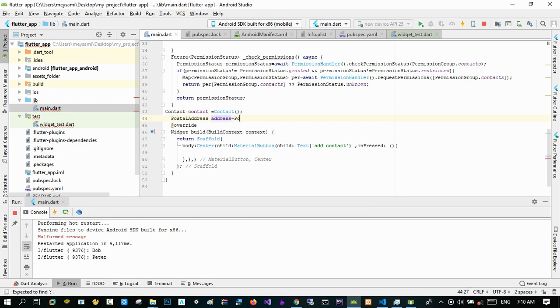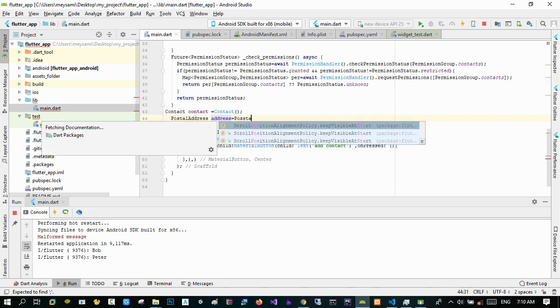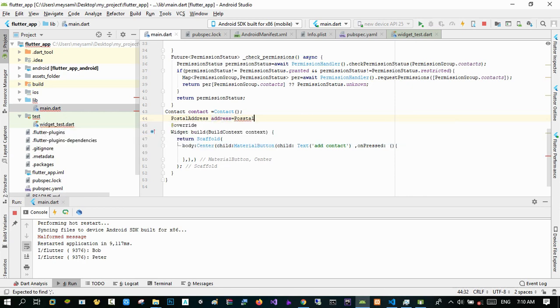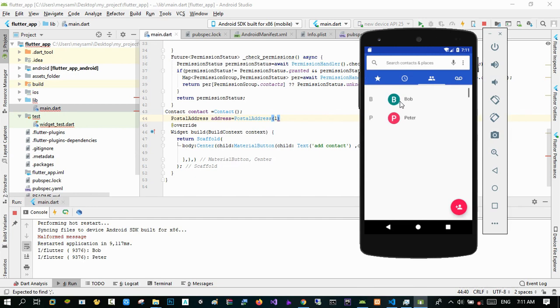It equals PostalAddress, and it asks us for a label. We can set, for example, label, city, postcode, all of the information related to an address that we can add here. What are these? If I enter here